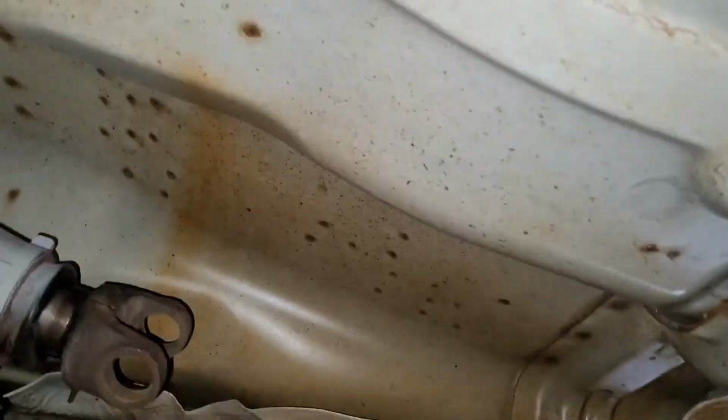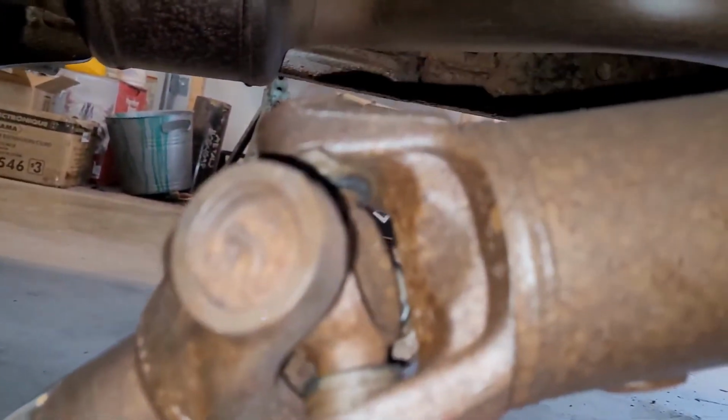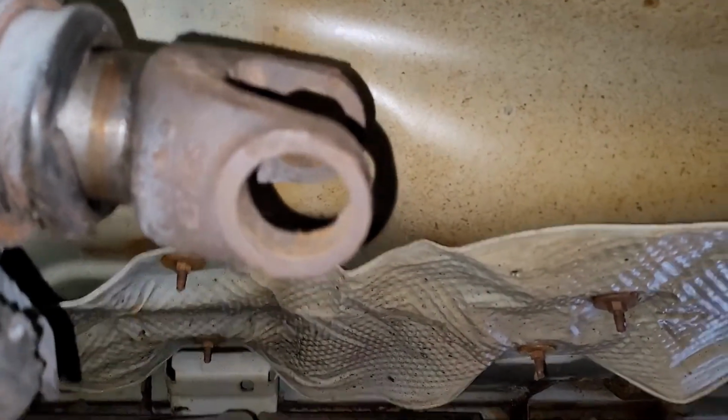And as you'll see, these are bigger. You can see that these holes here are bigger. Quite a bit bigger than those. And that's why you need